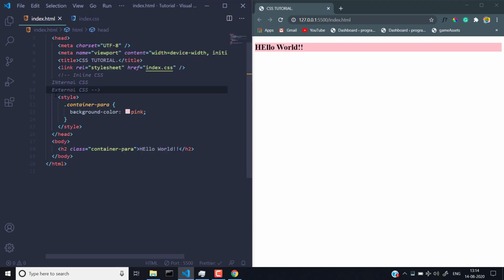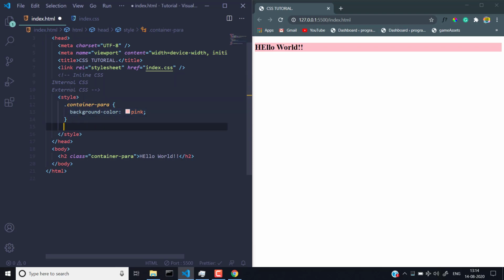So this is how you could get your styling on this tag. Now let's talk about ID. So let's give it an ID of container, and now let's go right here to this container. The writing style of this thing is you have to write first of all the sign.